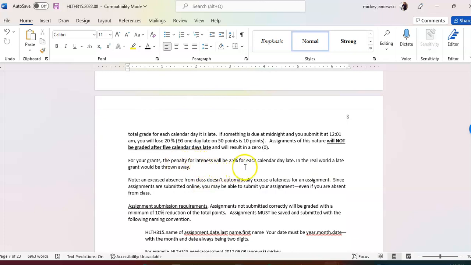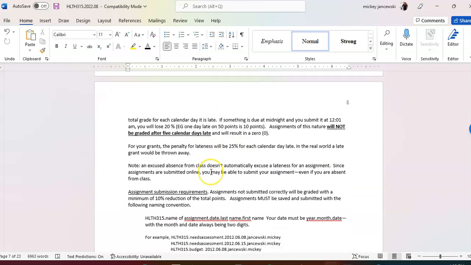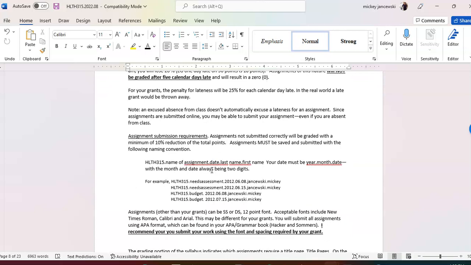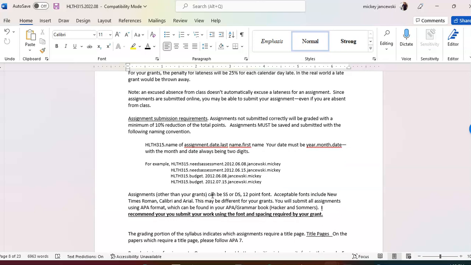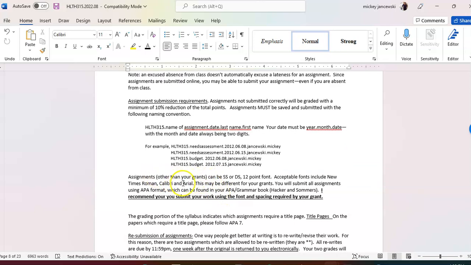Your final project, which is a grant, is penalized 25% for each day it is late. There's a specific way I want you to save your assignments, because it helps you keep all of your work for each class together, and it makes it much easier to find things later. All of your assignments,